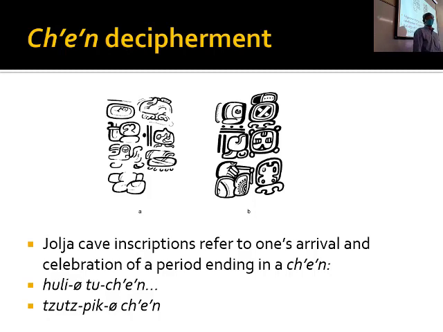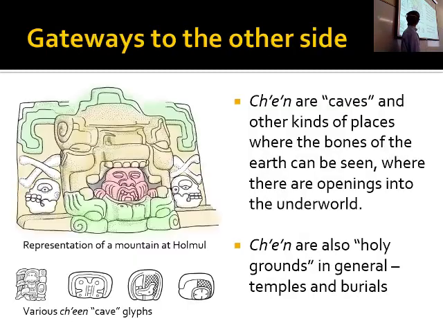But caves are a little more than that. In the Maya imagination, these are places that connect to the other side, to the world of the ancestors. This image shows you a mountain with bones and skulls and an ancestor emerging from the mouth. I've shown you that picture before. And cave glyphs show bones, occasionally darkness, sun inside darkness, so eye inside darkness, so sensory deprivation, owls, which